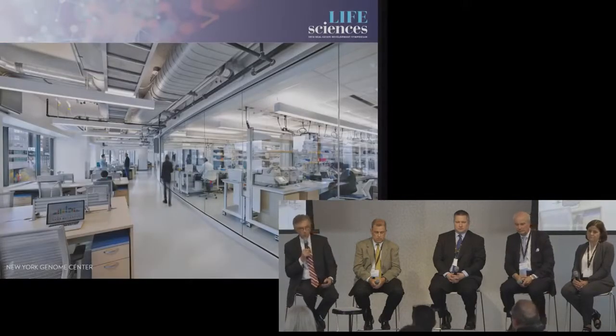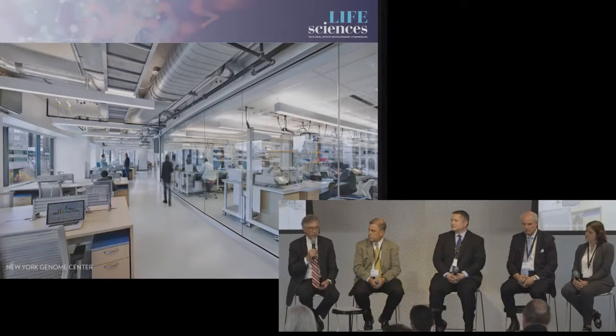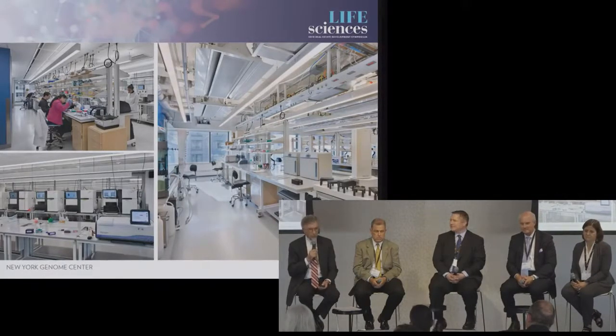This is one of the sequencing labs. We had some challenges with floor-to-floor height as well as the structural load. We met those by actually reinforcing the slabs and doing an open ceiling concept where we could. You see through the glass panel the sequencing labs, which do have ceilings. But flexible lab casework, overhead utility carriers. The sequencing machines there in the bottom corner. In the other slab, the research lab space. You see, if you look closely, some of Chris's handiwork with the chilled beams there, which saved on overhead ductwork